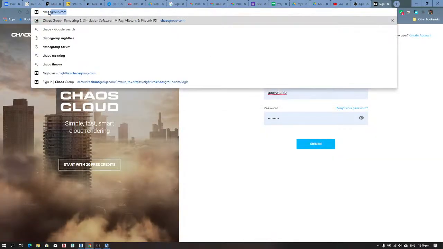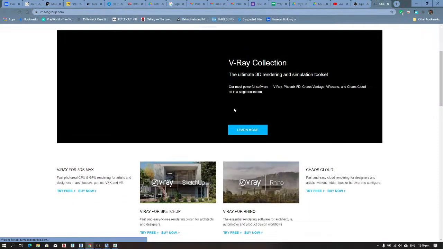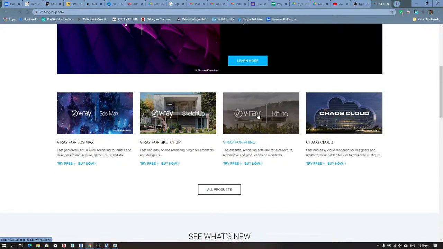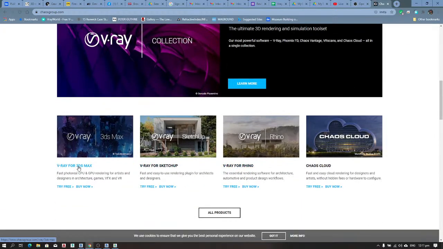If you go to chaosgroup.com, so here we are. Chaos Group are the makers of Vray, and they have many other software, about two or three now, apart from Vray that they make. And we have Vray for many software, as you can see on the screen. We have Vray for 3ds Max, we have for SketchUp, we have for Rhino,